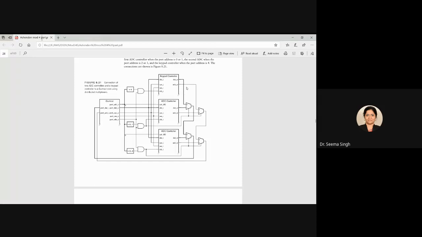Also, you can see the output of each interfacing device. The output of each is connected through the control given through this mux. So you can see here, this mux is taking care of selecting between output data of keypad controller and output data of ADC controller 1.